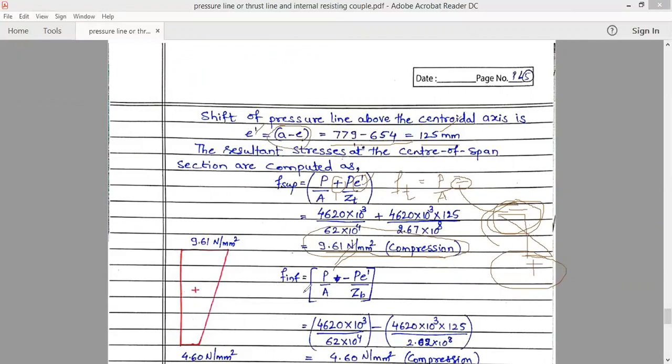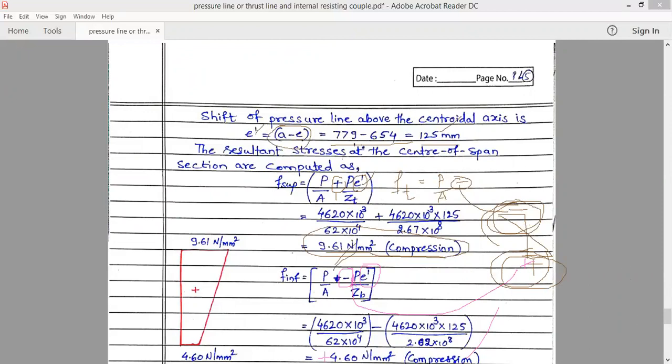Similarly, we will go for the calculation of bottom fiber stress. For the bottom fibers, as I said, if I calculate it with respect to the strength method, then it is positive. But here it is the C line method or the P line method, where I am using E dash. So when I use E dash, this will be negative. So it is P by A minus P E dash by ZB. On substituting each of these values, we will obtain the stress as 4.60 Newton per mm square. Again, it is a positive value, so I will write compression. So this is the difference between the strength method and the C line, P line method, students.